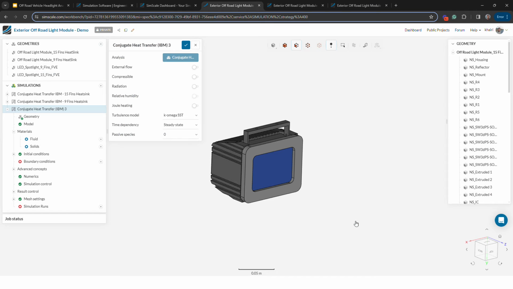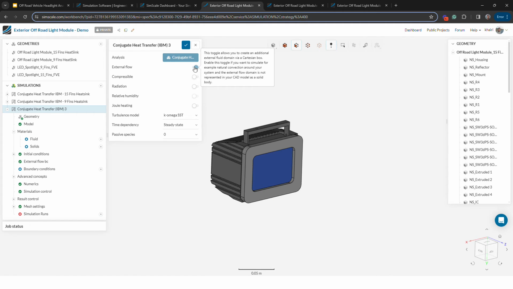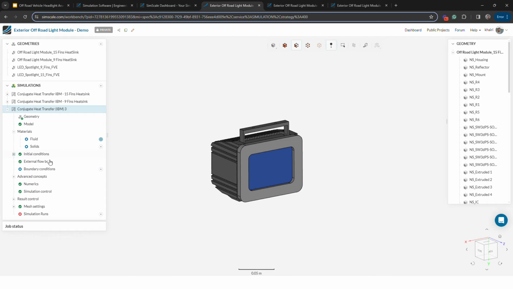Once a simulation is created, you always get prompted with the global settings of that simulation and the simulation tree, which is essentially your guide on setting up that particular simulation. To set up such a simulation, we are mainly interested in convection effects, right? So we assume that this light is placed in a large air volume. For that, I would enable the external flow and I would enable radiation as that has some influence on the results, right? And then I would just need to go ahead and fill out this template that I have made for me.